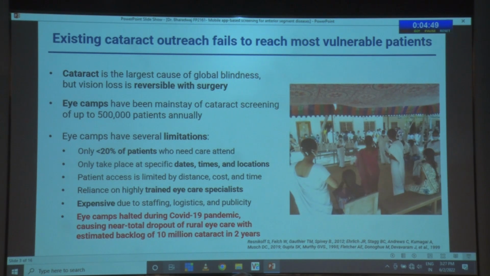As we all know, because of the COVID-19 pandemic, in the last 2 years most hospitals were not able to conduct eye camps, and that has again increased the burden of blindness, especially cataract, with more than 10 million cases in the last 2 years. On top of that, the extra cases for the current year, plus the previous burden of 10 million, we are supposed to address.